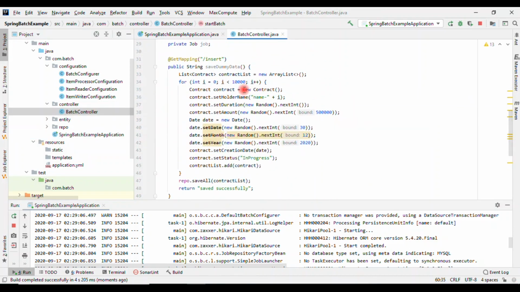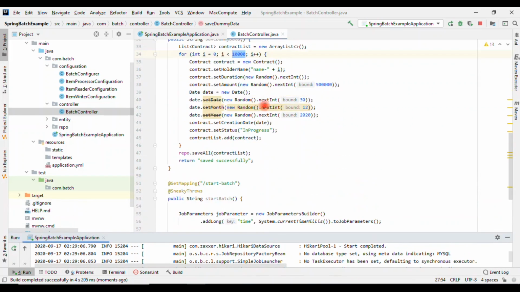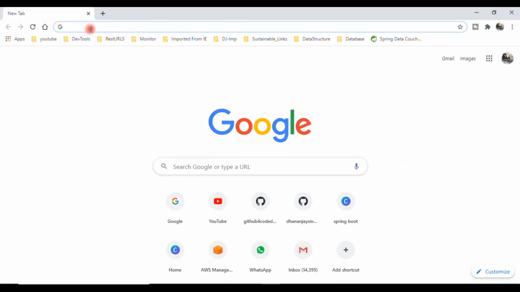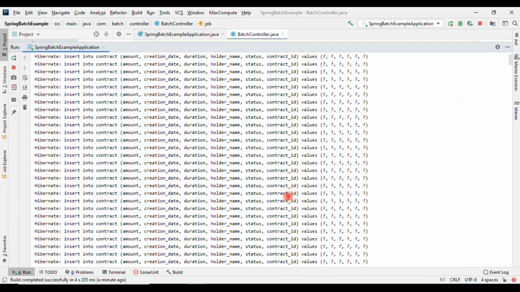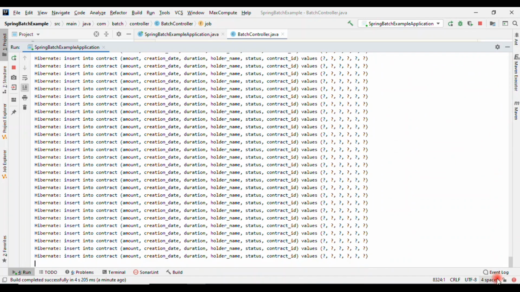We'll insert 10,000 records into the database, and after that I will start the batch. Okay, so let me insert some data. We are able to insert into the database. 10,000 records are getting inserted. Yeah, records inserted successfully.